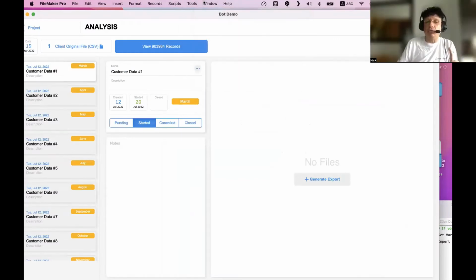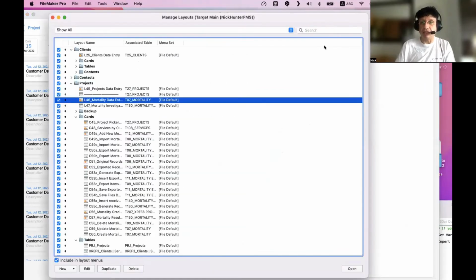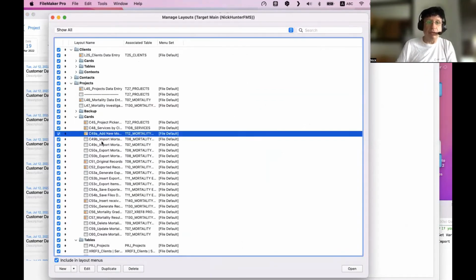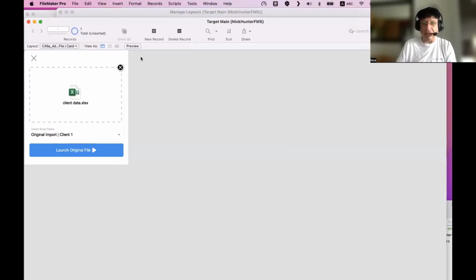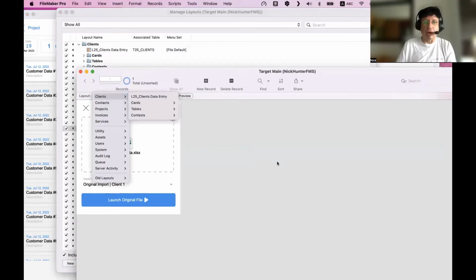Now you know why I'm using numbers: because I remember the C49A. Do you remember the name after the number? No. But the C49A, you remember it. You understand? Why I'm using that technique is because I know I need to go to the C49A, but I don't remember the name. Oh, it was add new. I have no idea, because I didn't even read it. It was add a new.